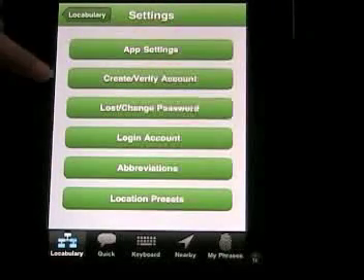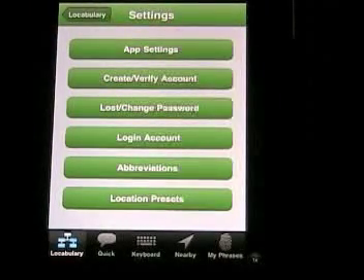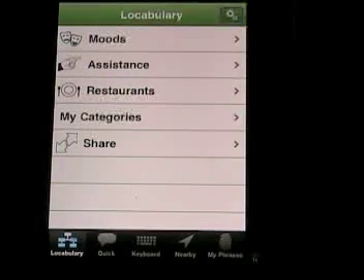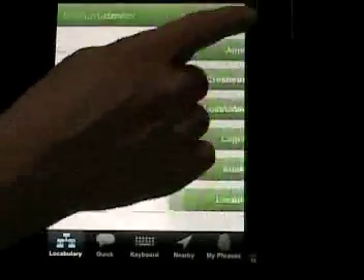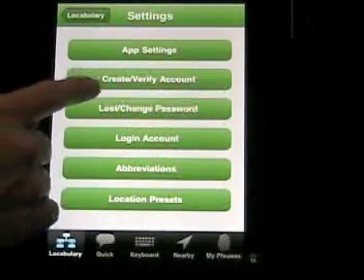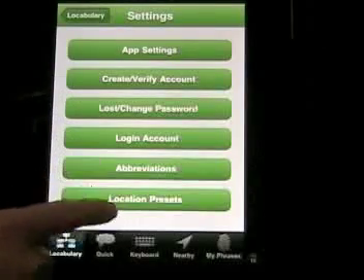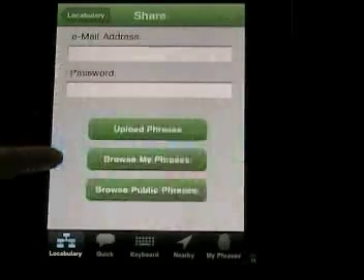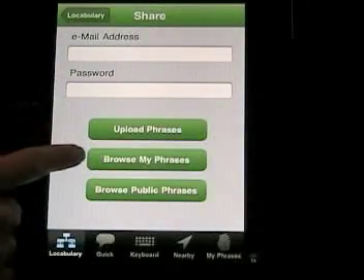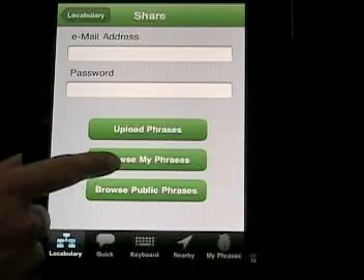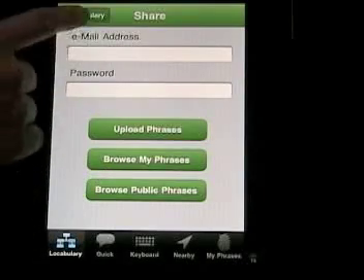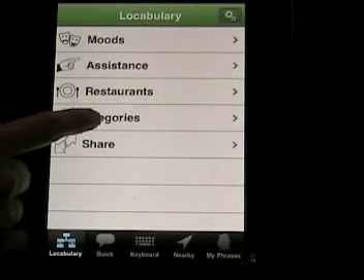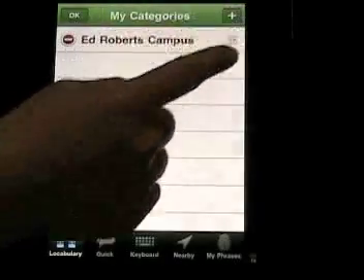Okay, so I want to go back, and I want to edit. So let me see if I can figure out how to do that. That's not it. I want to, not the abbreviations. How do I add? I want to, no, I don't want to share. I want to add a category there. So I'm going to add,